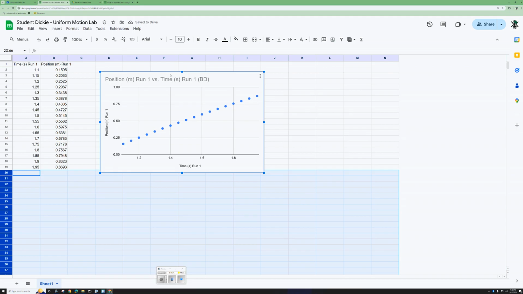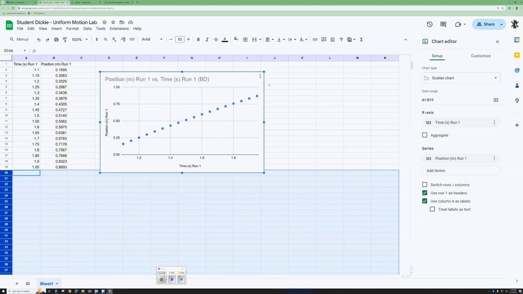Now we're going to add a trend line, which is going to be a linear trend line because it should be a straight line. And then we're going to show an equation. Just watch this. Don't even try to do this. Just watch it, okay? Click on those three bars, those three buttons in the top right-hand corner, edit chart. You're not going to have time to do this, so don't even try. Just watch. Edit chart. Go over to customize,